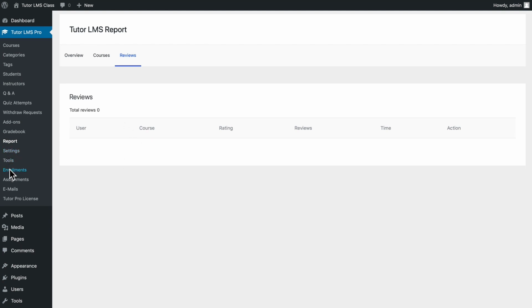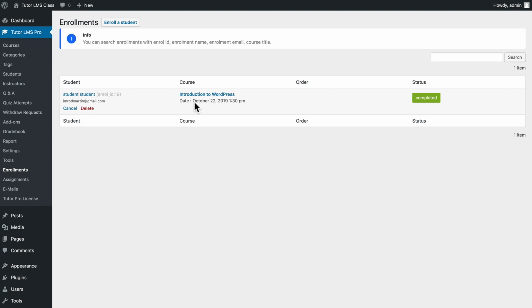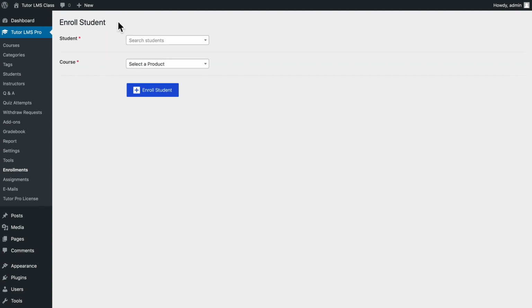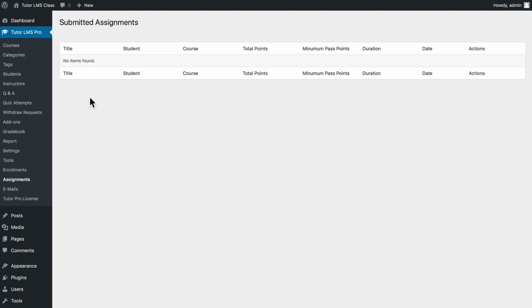Coming down to the Enrollments tab, I can see who's enrolled in the course, but most importantly, I can manually enroll a student, which is terrifically helpful. Now, they'll need to have already registered as a student, but once they've done that, I can push them manually into a class. The Assignment tab allows us to look at and grade any student assignments that have been submitted,